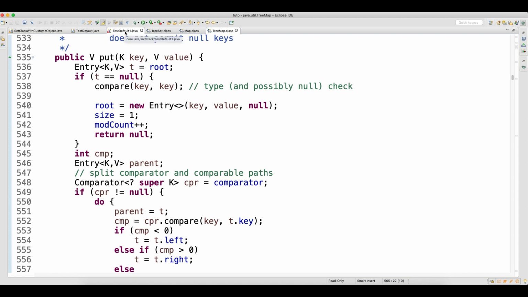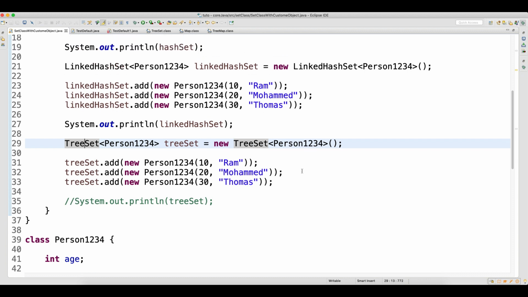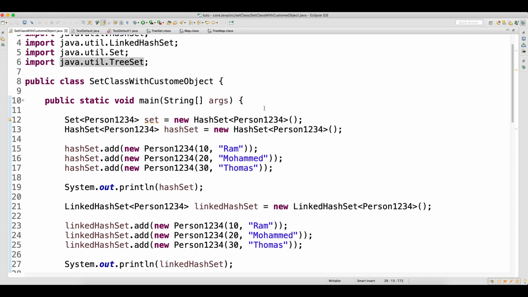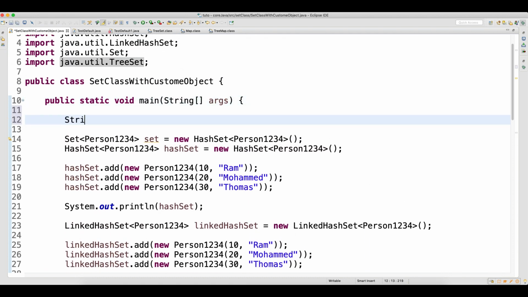But when you add only primitive data types, which internally get converted to objects, there your default sorting will work. And why will default sorting work? There is a reason for that. So let's say when I write here String s1 equals, let's say, test3, this is the object. Go to the String class, press control, click on String.